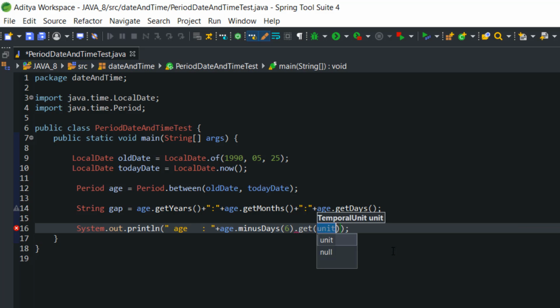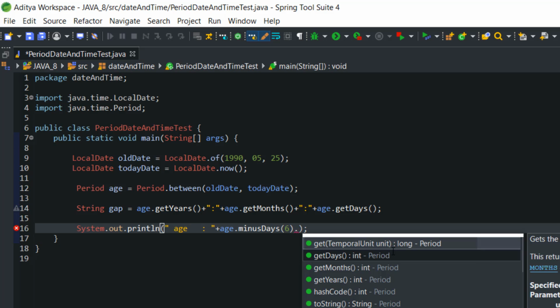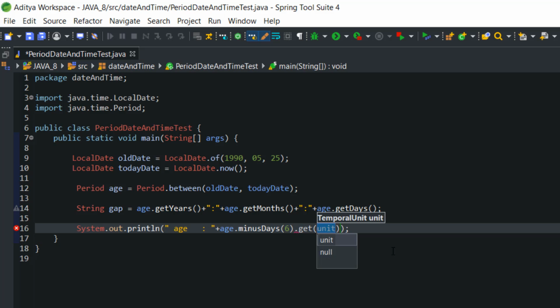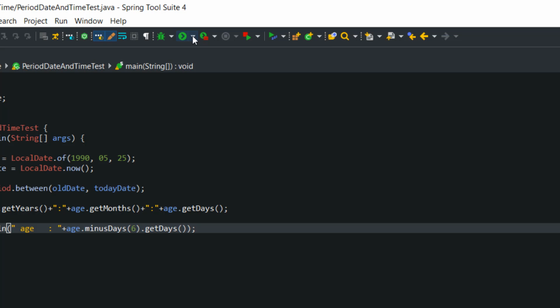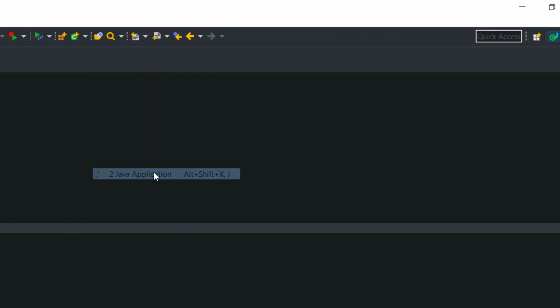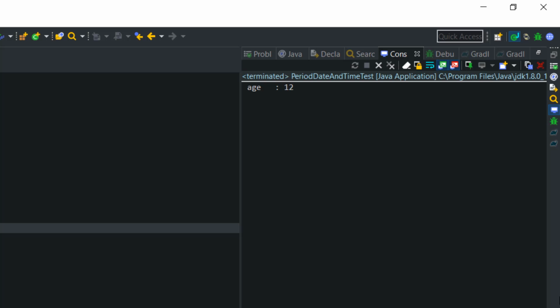If I execute the code, it will show 18 minus 6, so the result will be 12 days. Let's execute the code and see the result. See, it is coming as age 12.